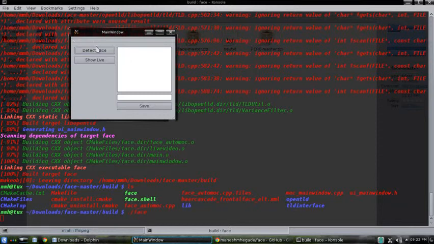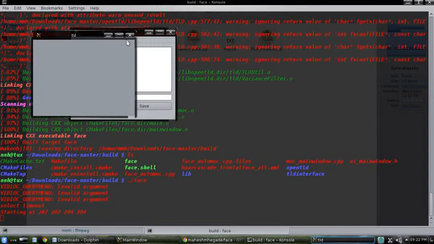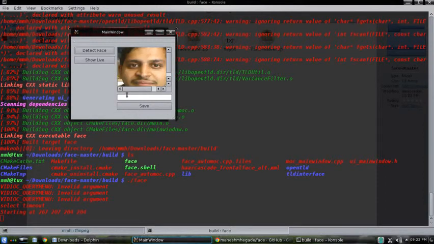Here if you select the detect face push button, it will start capturing a live scene from your webcam, and it will detect the faces, and you can just give the name and save. Like this, there is really no limit for storing how many faces you want. Let me show you. Okay, here you can see it has detected my face.